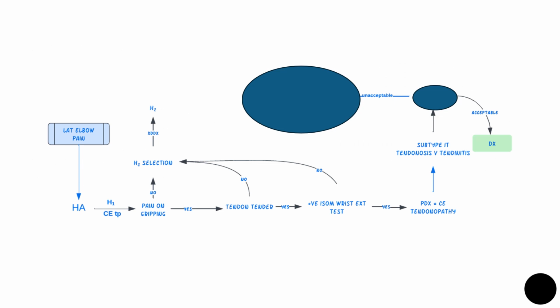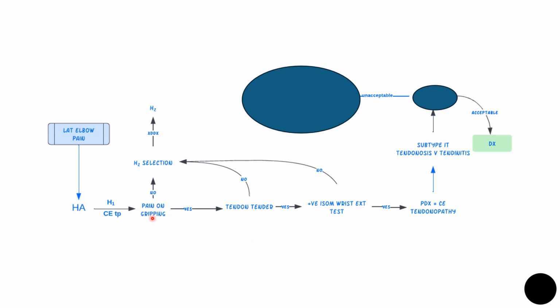So with the extra tools, we can start looking at lateral elbow pain again and go a little bit further with it. So we have non-traumatic lateral elbow pain. Let's put it up here. And you would naturally use hypothetic abduction. There's a 90% chance there's going to be tennis elbow. So this is our first hypothesis, common extensor tendinopathy. To be perfectly technical about it, rather than a specific tendinosis, we'll start with tendinopathy and we'll improve on that. So the first test could either be pain on gripping, or you can go straight into palpation of the tendon,